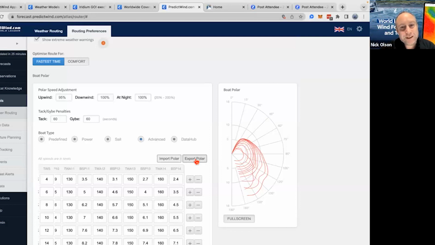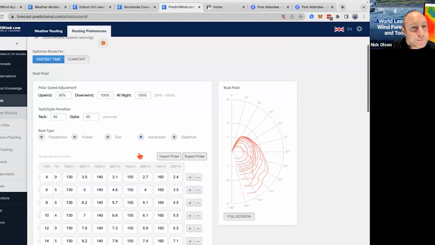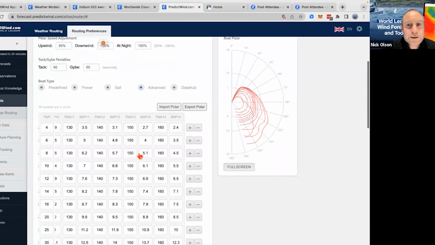The better you can get your polars, the more accurate your routing is going to be. And if you do want to get really smart on it, I would get a data hub and actually have the data hub updating your polars. It's pretty clever. So we've got our polar